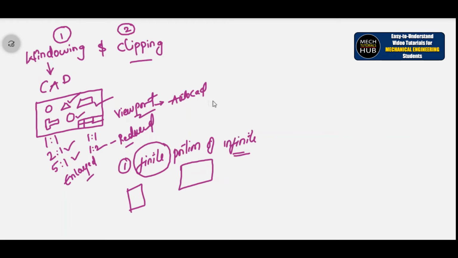And let me draw a simple sketch for your better understanding. Let me clear this information on this fresh page. Again I'll try to draw. Let me clear that I am talking about windowing first. Okay, here I am going to draw a simple sketch.